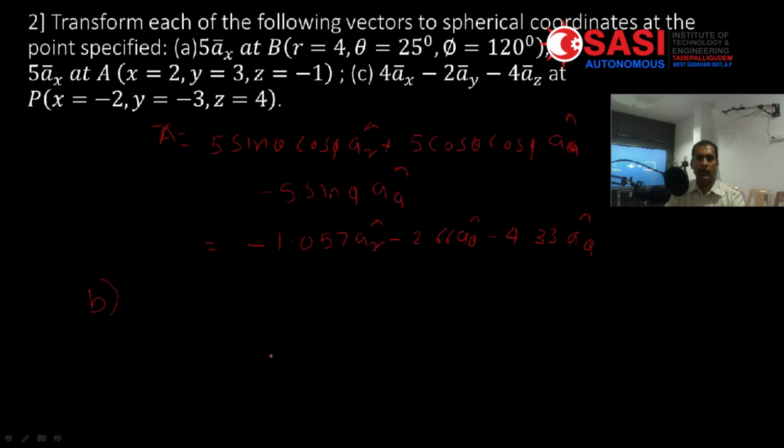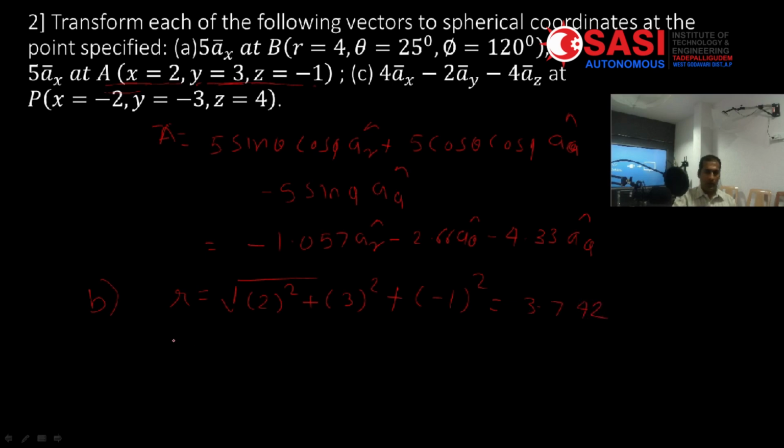Part B is asking for the same point, but here we have to keep the value of x, y and z like this. So for solving part B, R we can directly take as the square root of, so R will be equal to square root of x is 2 square plus y is 3 square plus z is minus 1 whole square. So if we solve this, we will get